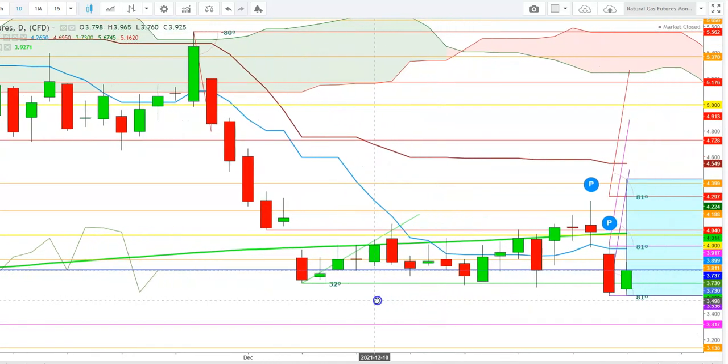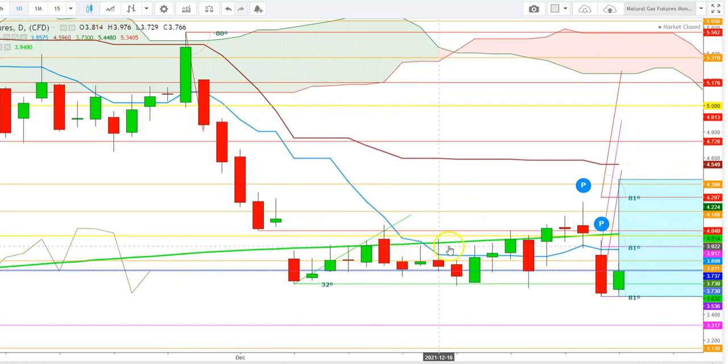Here and here you can see how the natural gas futures continue to struggle well below the 200 days moving average during the whole month of December, and finally tried to sustain well above it with a breakout move on December 27th, but could not sustain there for long and found a sharp sell-off on December 29th from the levels of $4.265. This resulted in the formation of one more exhaustive candle on December 29th, and this exhaustion got confirmation with one more exhaustive candle on December 30th, when the natural gas futures finally tested a low at